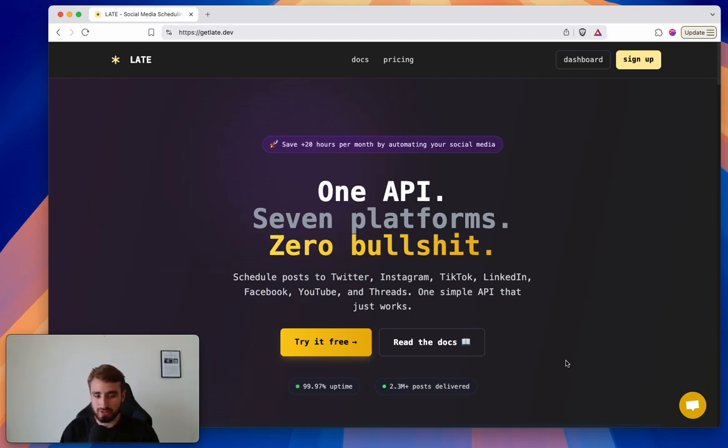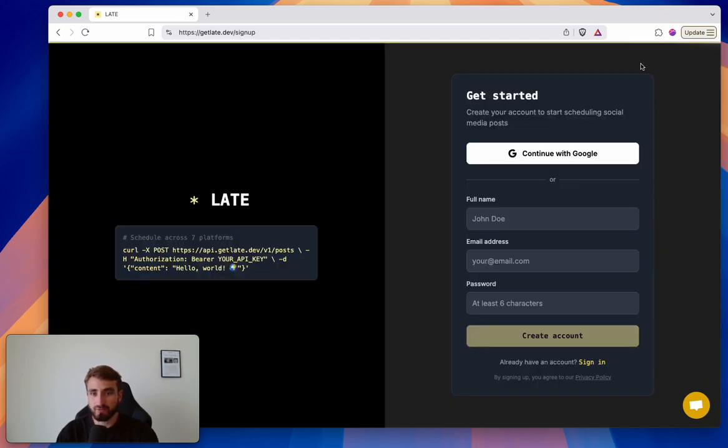to connect all these platforms and save all this time without having to manually create and craft posts on different social media accounts, with just one API which will allow us to quickly post to these different social media accounts without having to either use the official APIs, which are a waste of time, or manually doing that. Okay, so the first step will be to create a test account, and we're going to do that